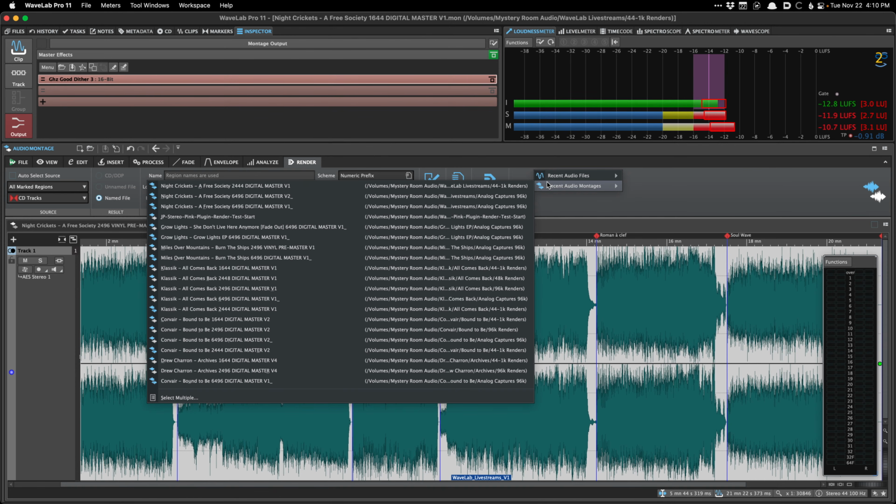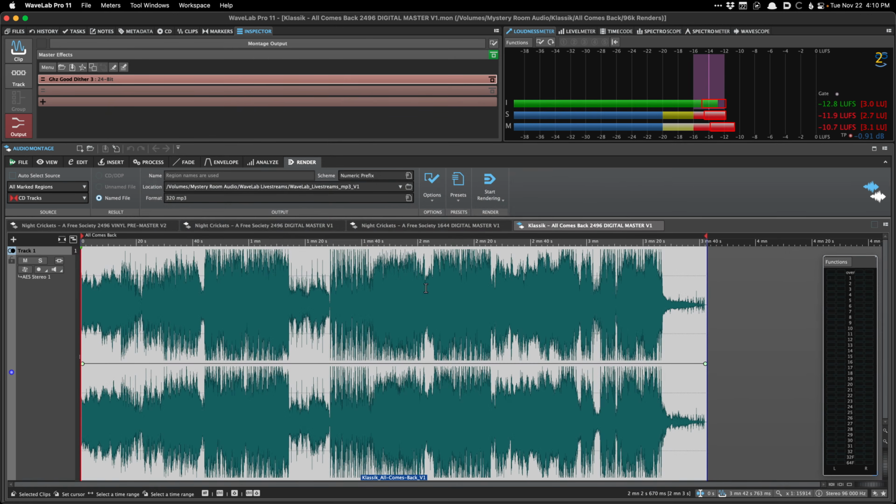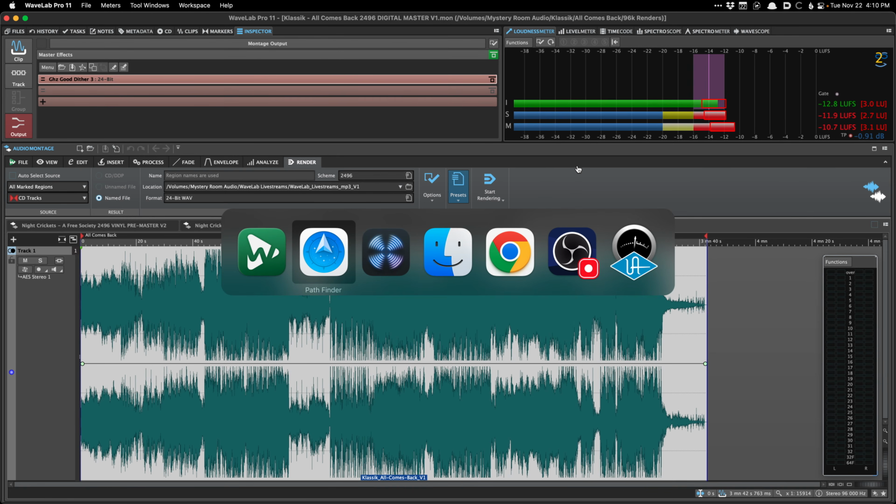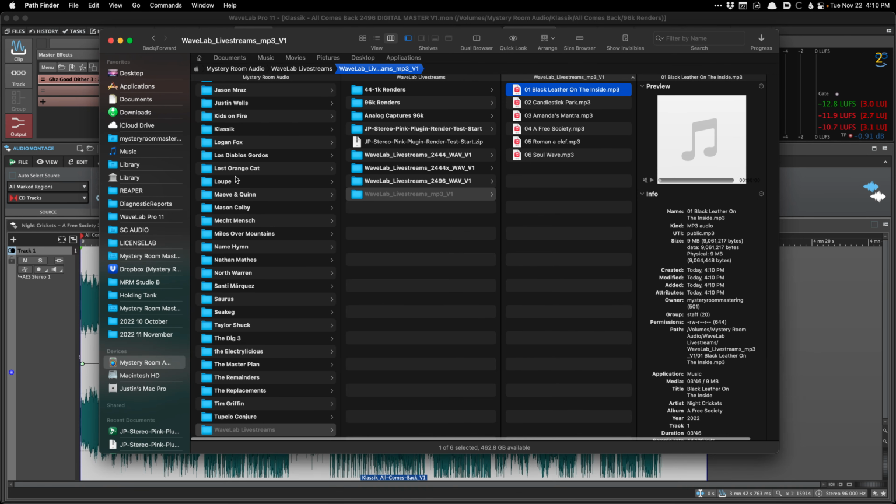And if I'm doing singles, I just did a single this morning. Let's see, I'll open one of the variations. But if I'm just doing a single, I have these other numeric naming schemes, which put a suffix on the file name. So if I go to this project that I did earlier today,